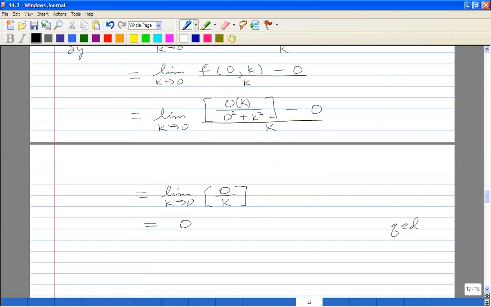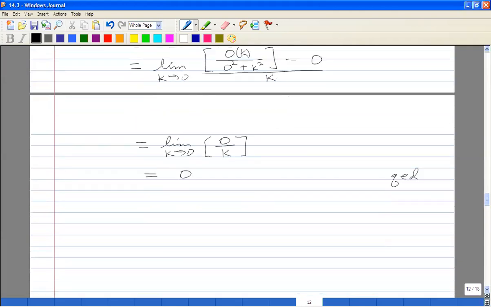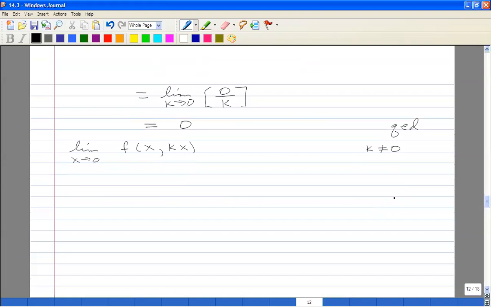Now let's look at the limit as x goes to 0 of f of (x, kx). And let's just say that k is not 0. Okay. So this is equal to